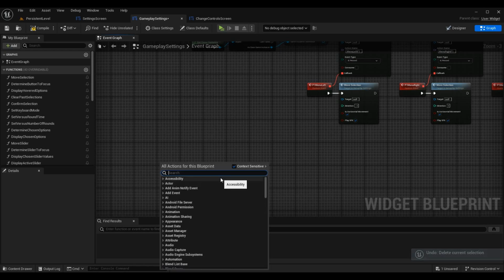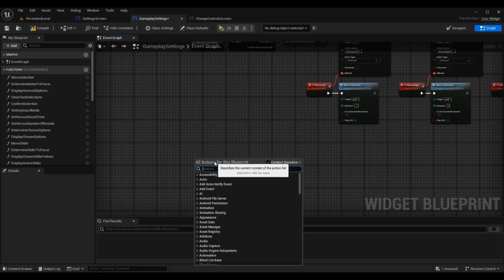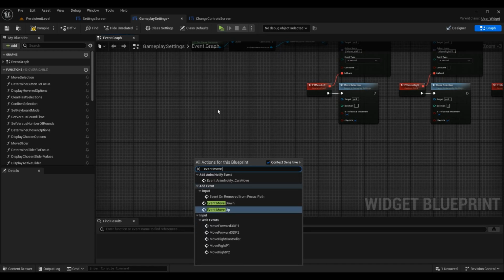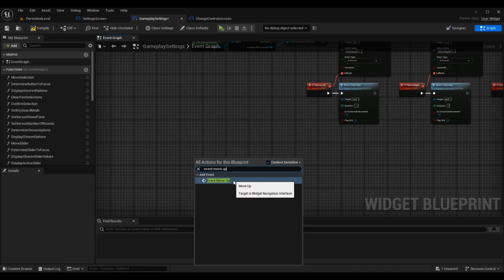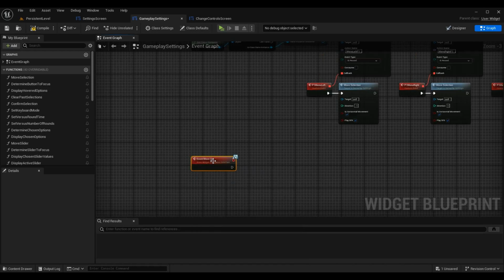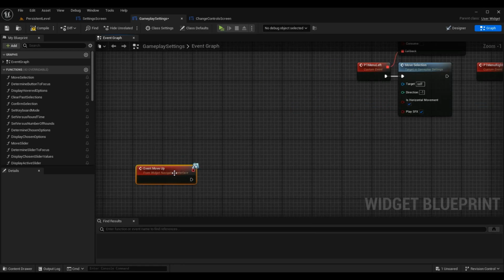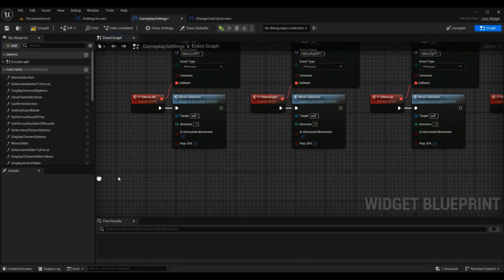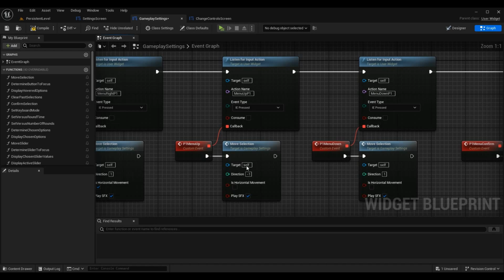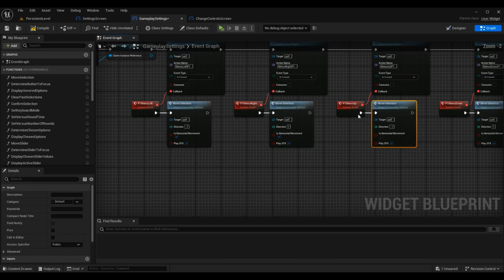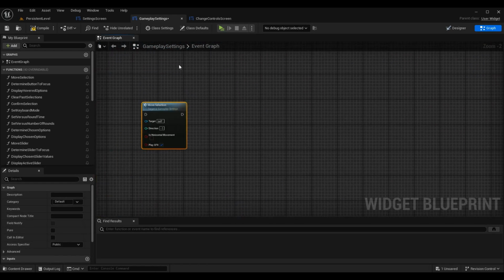So we actually don't want to call the function. We actually want to search for the event. So event move up, for example. If you hover over it, you will see target as widget navigation interface. And now we get our move up event. At this point, we can take whatever was in P1 menu up and just copy it or disconnect it and bring it over here